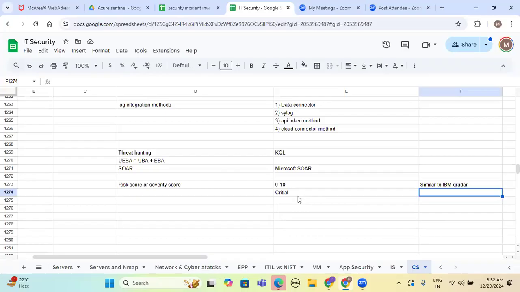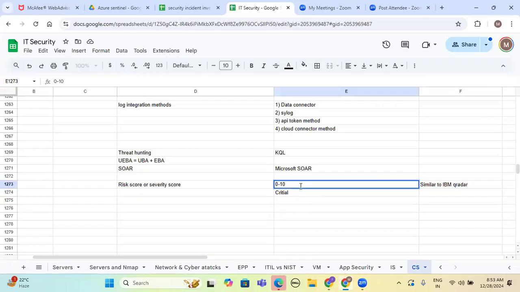If you are doing the analysis, then only can we consider this as a false positive or a true positive. Otherwise, human beings would not be required for L1, L2, and L3 level operations at all. But as per generic security best practices, whatever 0 to 10 belongs to our Sentinel side. If you are considering data analytics, as I said, how is the risk score generated? The risk score of 0 to 10 is generated